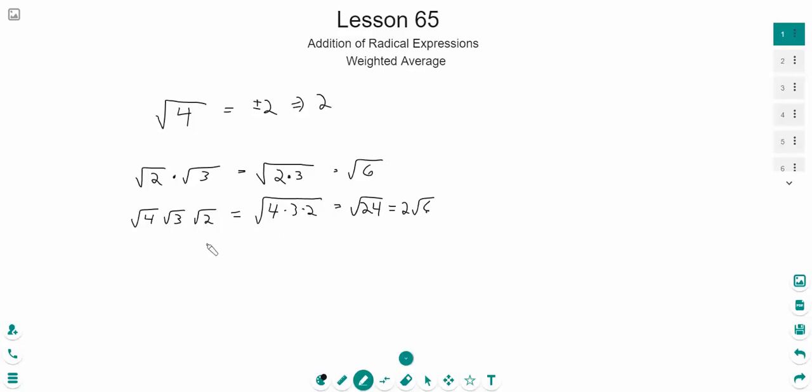Now, bear in mind, just in case you ever come across this, if you have something that looks like this, maybe it's the cubed root of a 3, and you're multiplying that by the square root of a 7, all right, this you cannot multiply. All right, we can't multiply that, at least not to our knowledge right now. Later on, maybe we could talk about a way to kind of do this. But right now, there's not much that we've learned at this point to be able to do this, although we will learn more later. All right, good. So now let's talk about